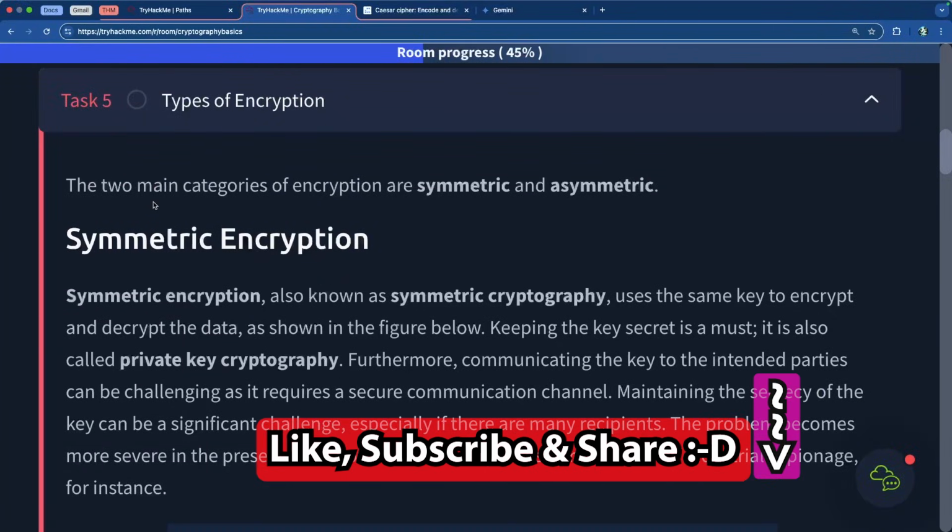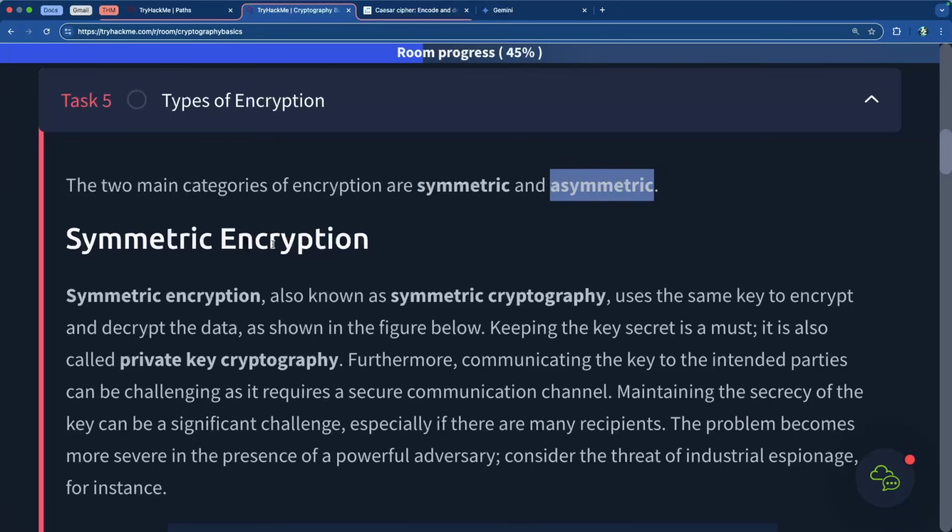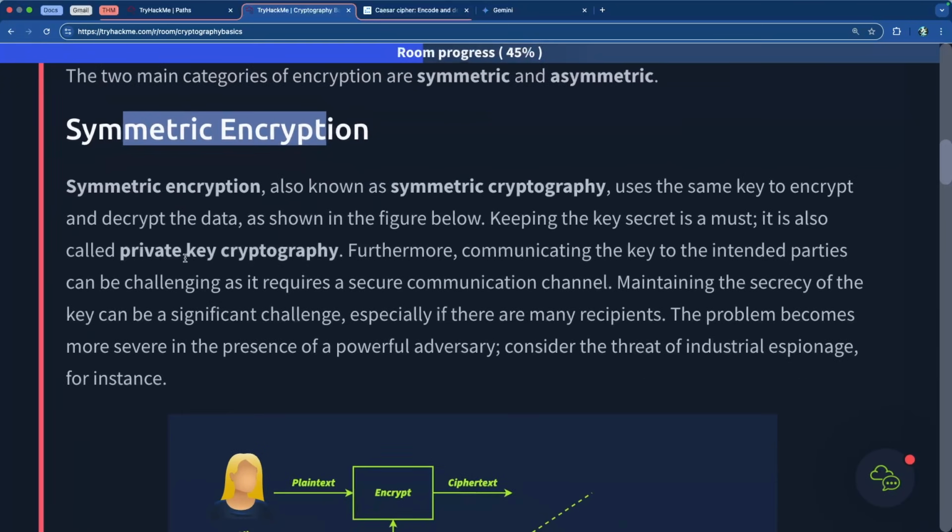There are 2 main categories of encryption, and one is symmetric, the other one is asymmetric. So these are the categories. We're not talking about the individual types yet. These are categories of encryption. Under symmetric, there's going to be a variety of different types of symmetric encryption, and same thing for asymmetric. So, symmetric